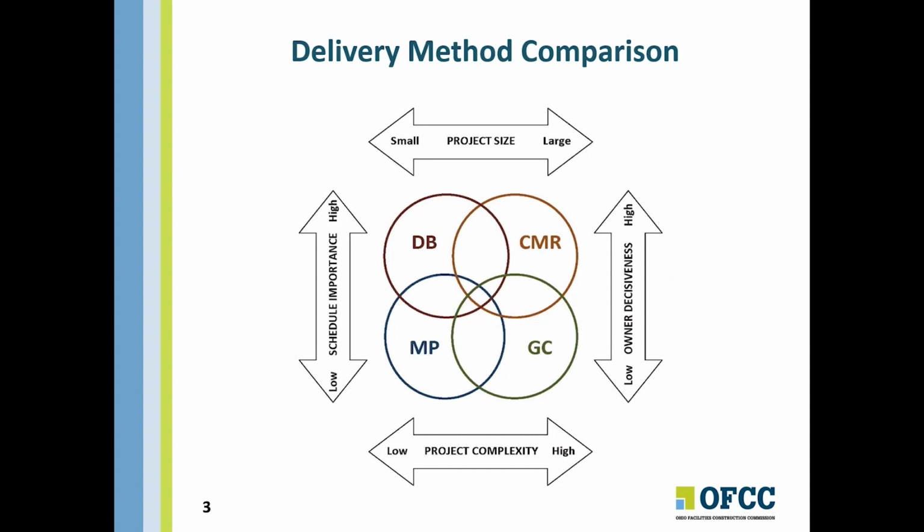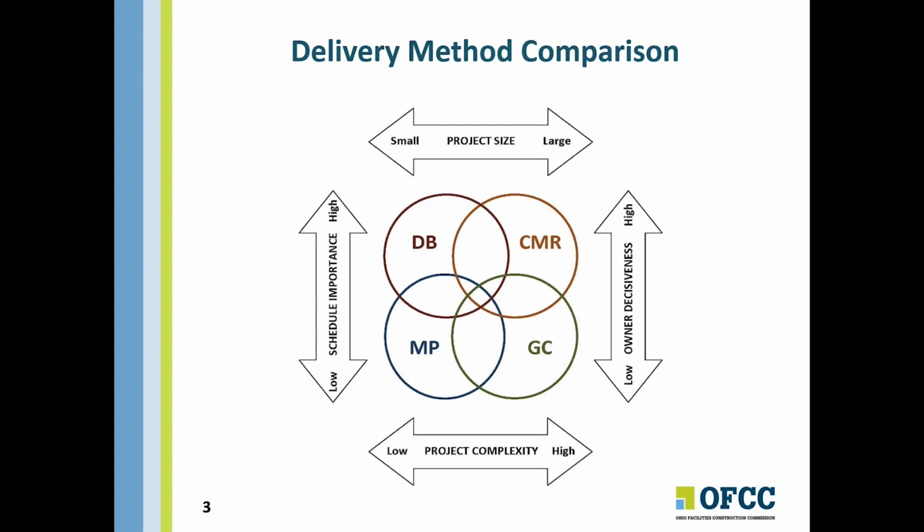The project characteristics, for the purposes of comparison, are project size, project complexity, schedule importance, and owner decisiveness. Each of these characteristics range from small to large or low to high. Multiple prime, abbreviated as MP in the diagram, is shown in the lower left quadrant, representing that this delivery method